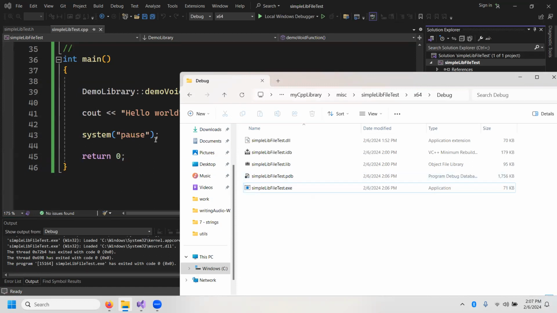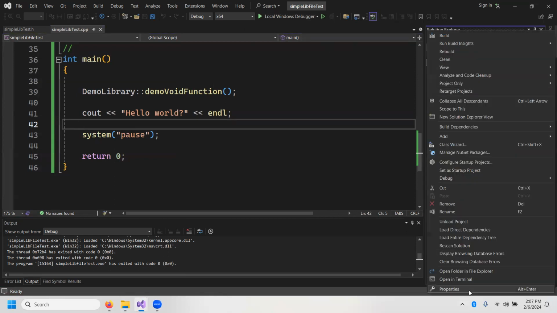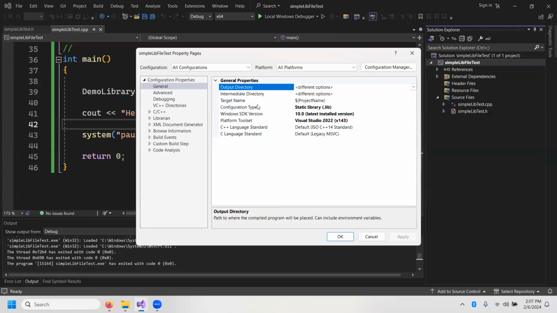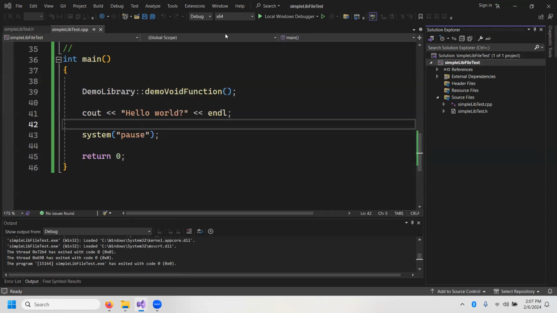So it was written at 2:06. The library file, the lib file here, was written at 2 o'clock. So now, since I have selected the configuration type, which is the name of this parameter, as a lib file, if I move the Zoom thing out of the way